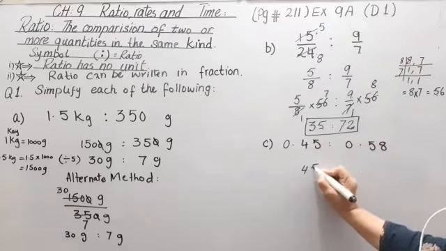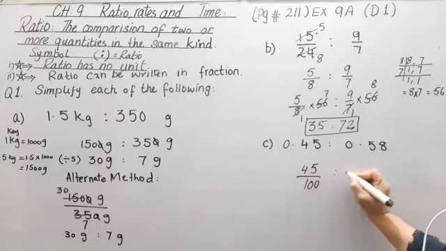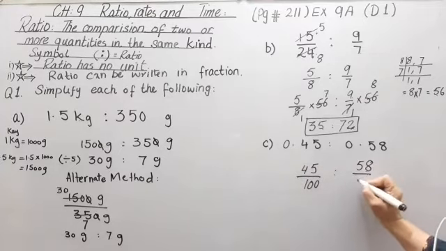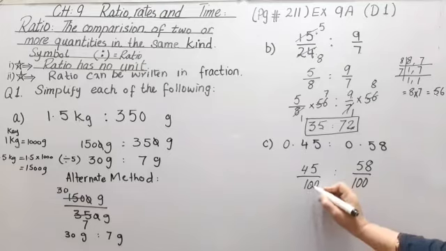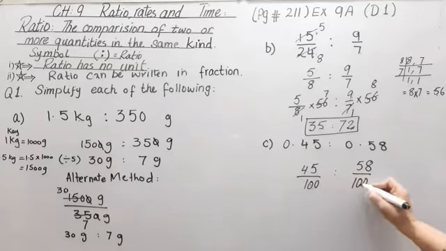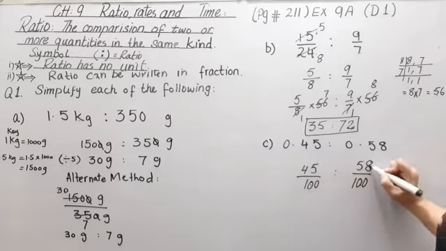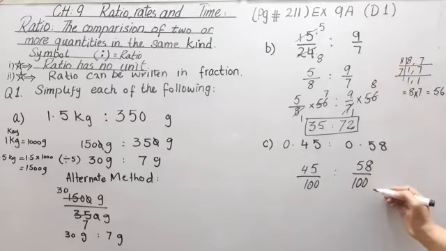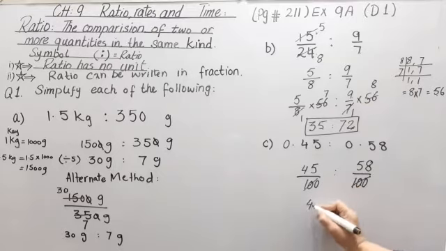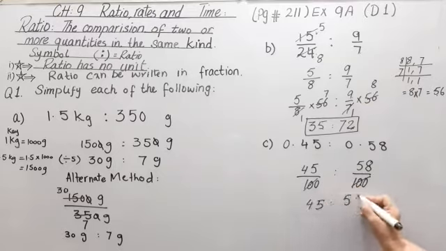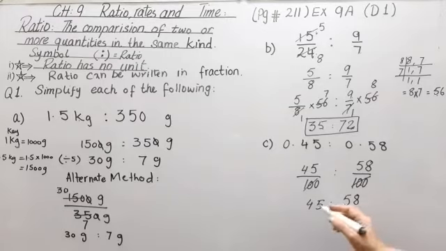So it will be 45 divided by 100 and 58 divided by 100. Now, I told you that this 100 will be cut with this 100, numerator cut with numerator on the same table. But the second method which I explained to you is that if they are different, we take the LCM. Now here it is the same thing, so we can cut here, and we have 45 and 58. Now we see if there is any common table here, then we take it common, but there is nothing common in this, and this is your answer.